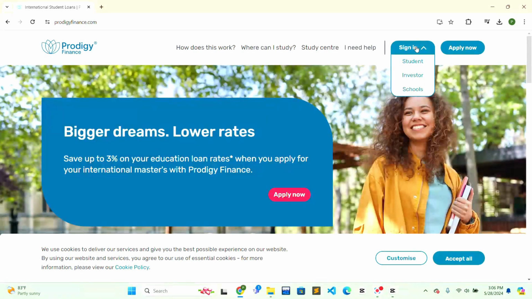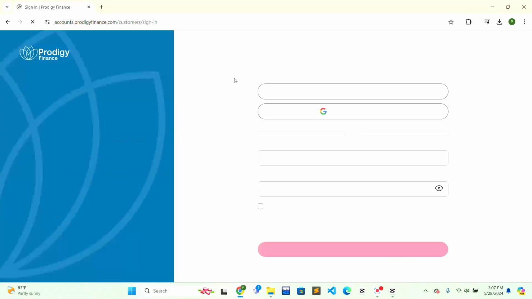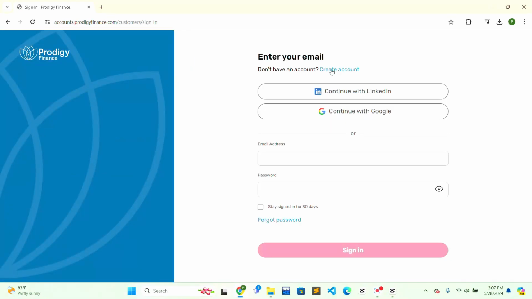You just have to click on the sign in button and you can log in as a student, investor, or as well as a school. For this video, we'll log in as a student for the account. And when we are inside the login portal, there is an option to continue with LinkedIn or continue with Google,